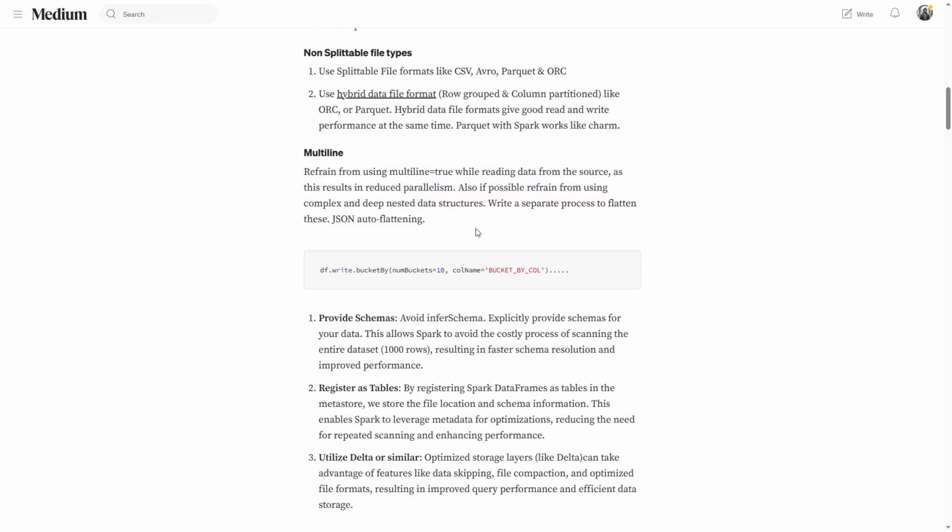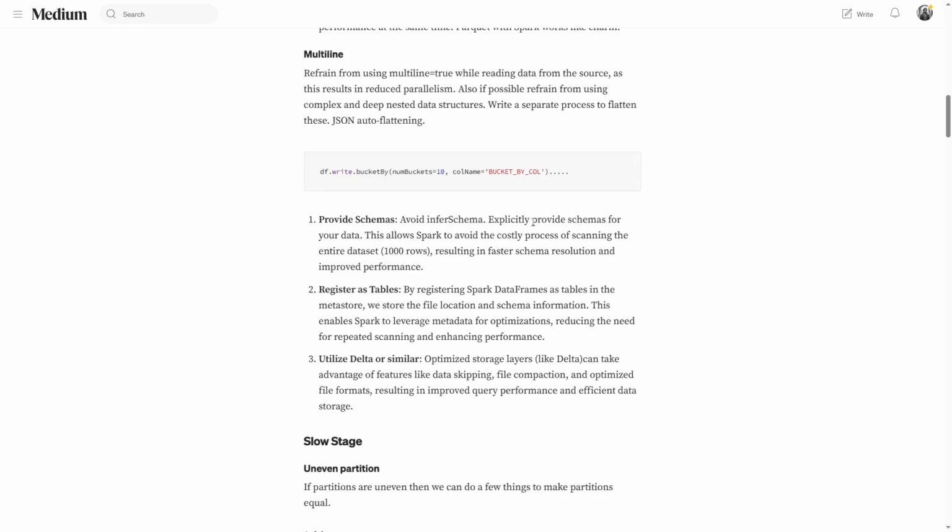Multi-line, as we had seen in the last blog itself: setting multi-line to true reads everything in one particular process, which causes the job slowness. If possible, we should refrain from setting multi-line equal to true, and we should avoid using too much complex and deeply nested data. If we have such data coming from the upstream, we should have a separate process which flattens the JSON out. So we can do JSON flattening, and then we read the files. That will help us in